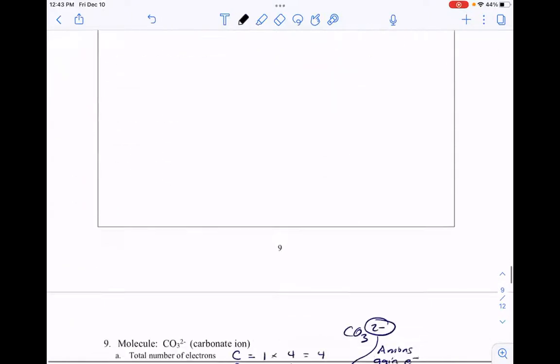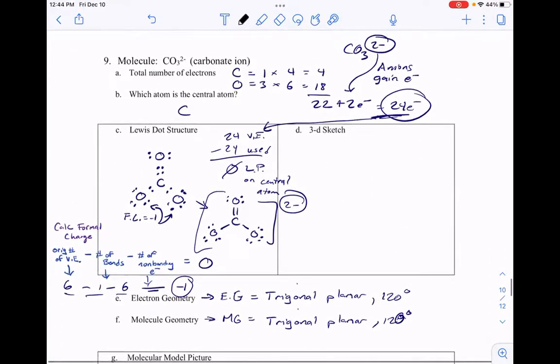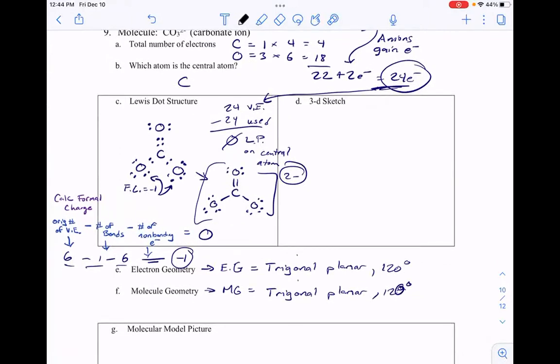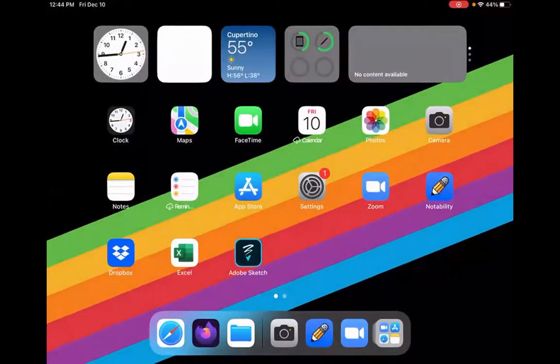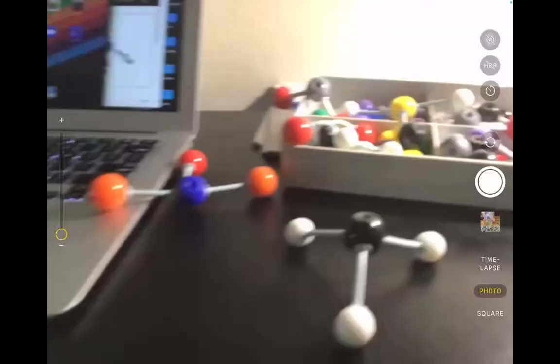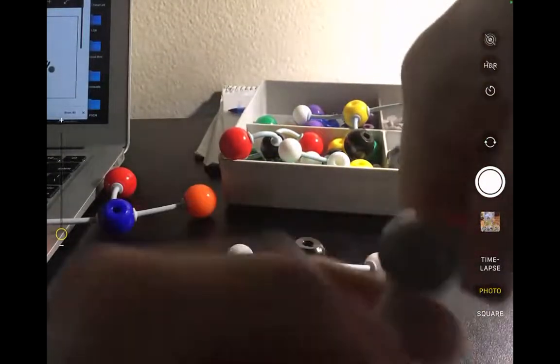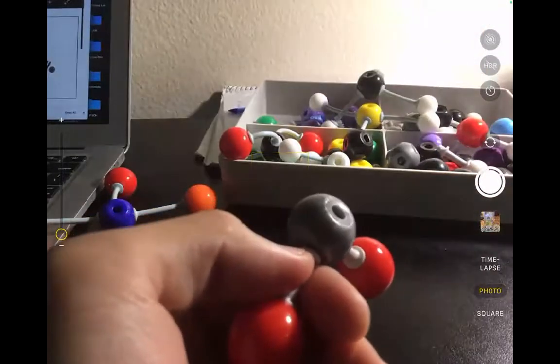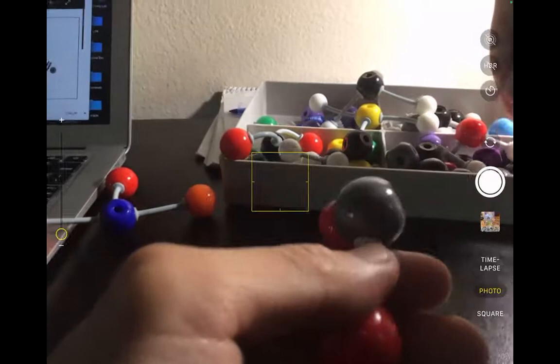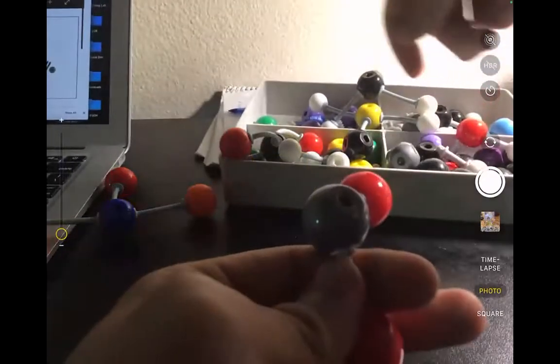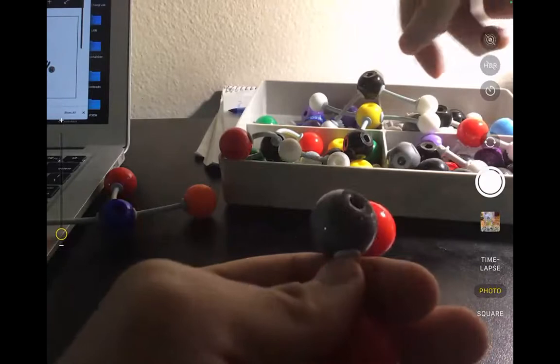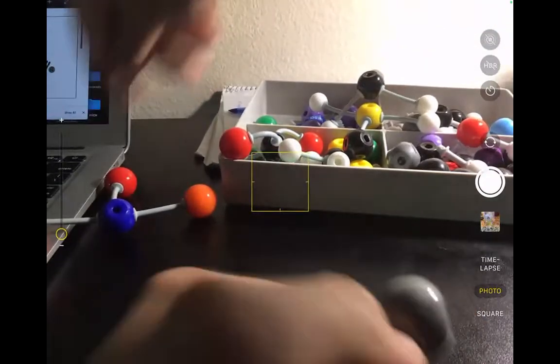All right, so only a couple more, guys. Here we have CO2. So notice that the electron geometry is trigonal planar. So for trigonal planar, we will use the gray sphere with a 3. So this one right here. So we're doing CO3, right? Or CO2. No, what are we doing? Carbonate. So carbonate